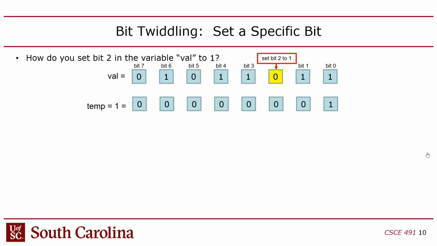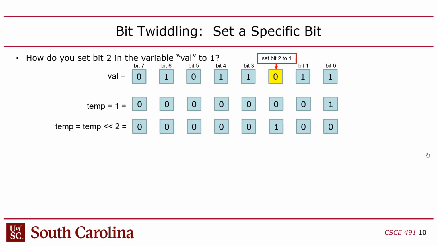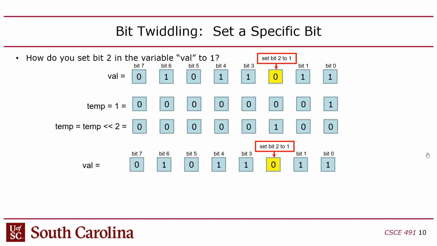Okay, so then I can take temp and shift temp 2 bits to the left. Why am I doing that? Because I want that 1 bit. So basically when you put 1 in a variable, it right aligns it. It puts it on the right-hand side, so it uses 0 padding on the left, the 1 on the right. So if I need to get that 1 into bit position 2, I need to shift that 1 2 bits to the left, right? So basically what that does is it modifies the temporary variable to line up the bit in the right bit position. And then once I have that, I can